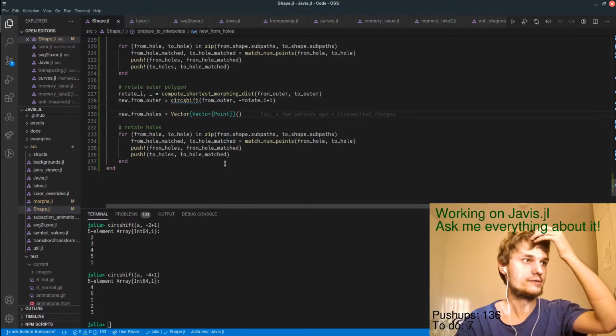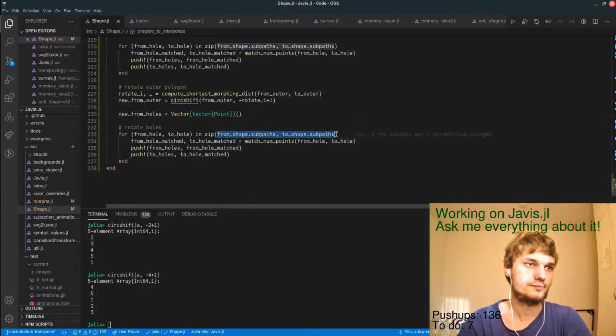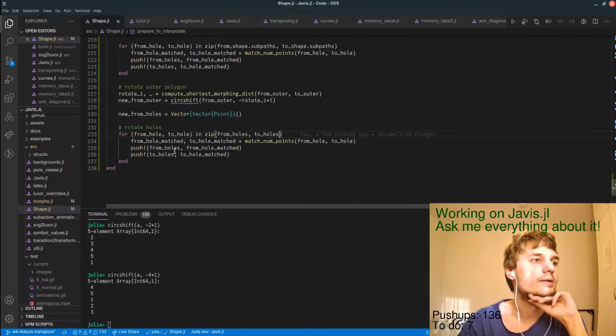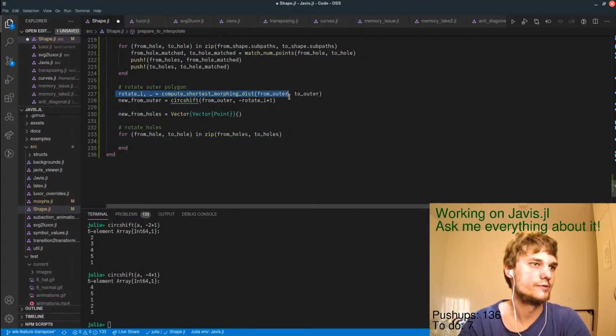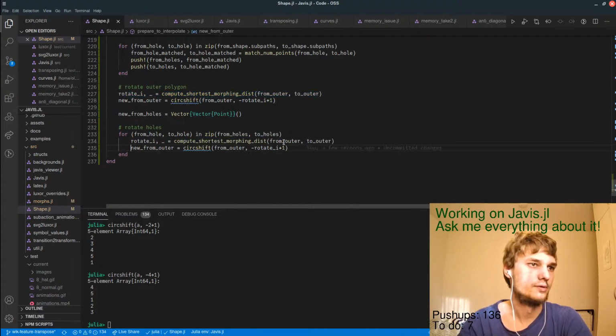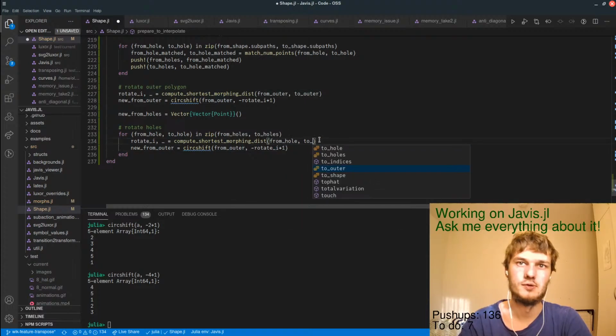I get your points. Okay, and then from hole match to hole match. No, I just want to have this part. So from hole to hole.